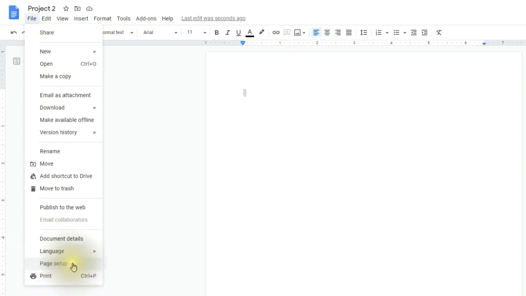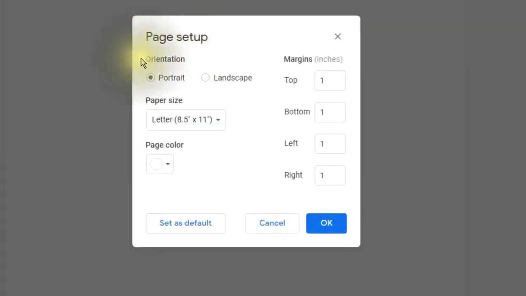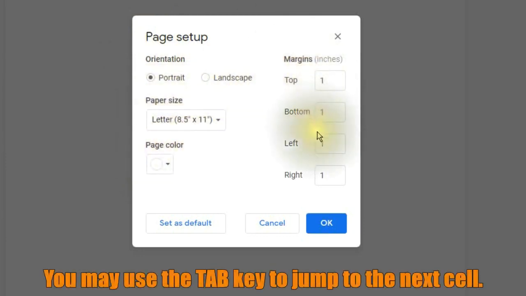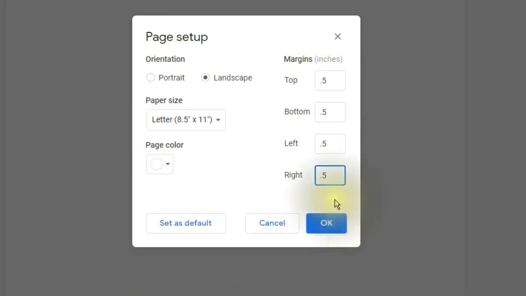17. The Page Setup window should appear as seen here. This area allows you to change your page orientation from portrait to landscape. Also allows us to change the paper size, the page color, and our margins. Step 18. We'll need to change the orientation to landscape and then set the margins to be 0.5 as seen in the above image. After you've changed your orientation to landscape and your margins to be 0.5, you'll need to click on the blue OK button.